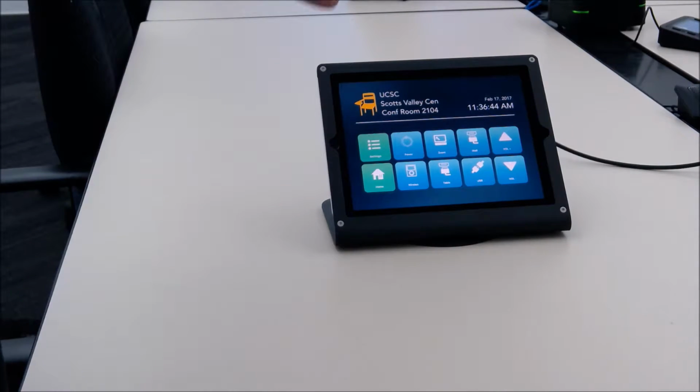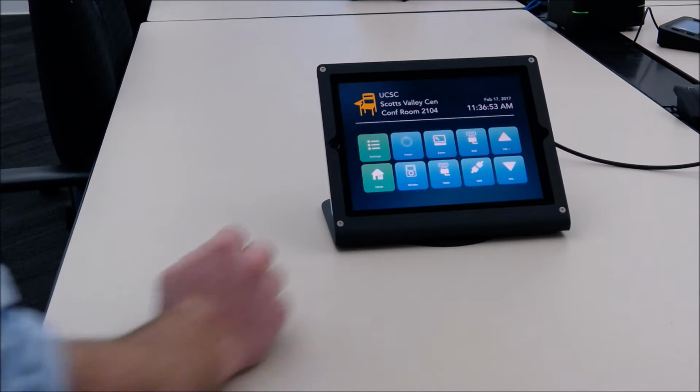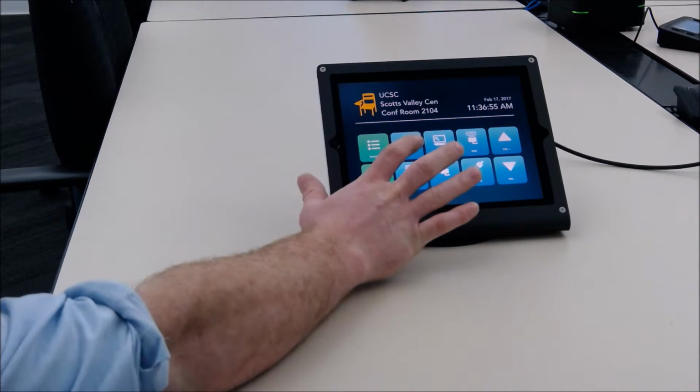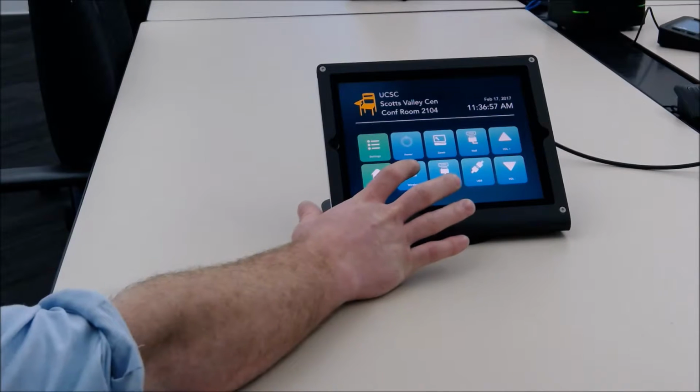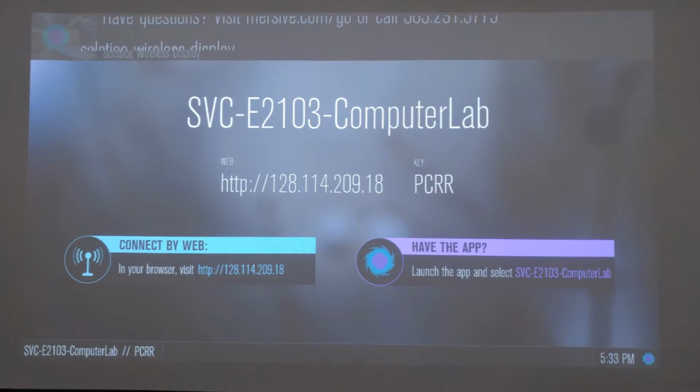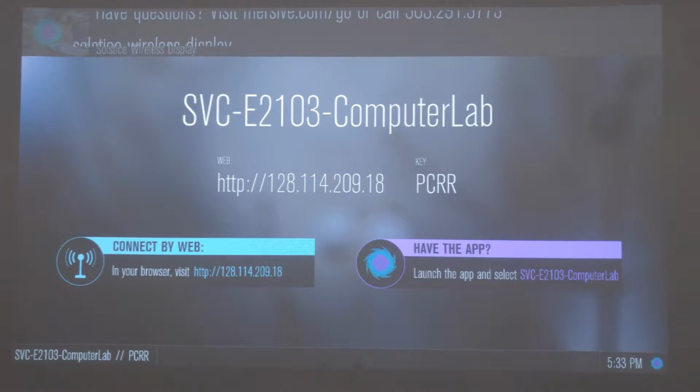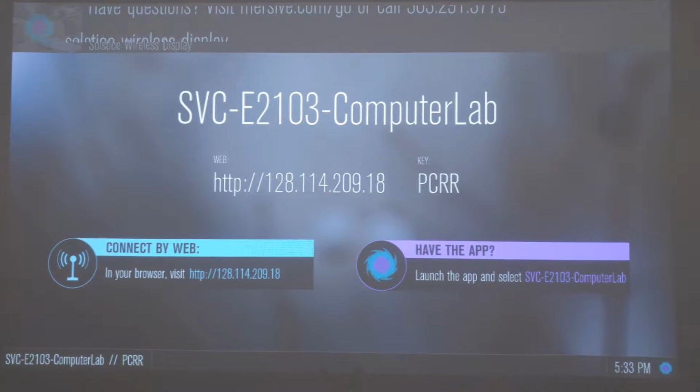So if you go ahead and open that on the iPad, you'll notice that you have a couple of different buttons. Your top left one is going to be your power button. After we press that, it'll turn on the TV. Then we're going to select the wireless input so that we can bring up the Solstice streaming device. From there, you'll notice a welcome screen for the Solstice streaming device that's going to have an